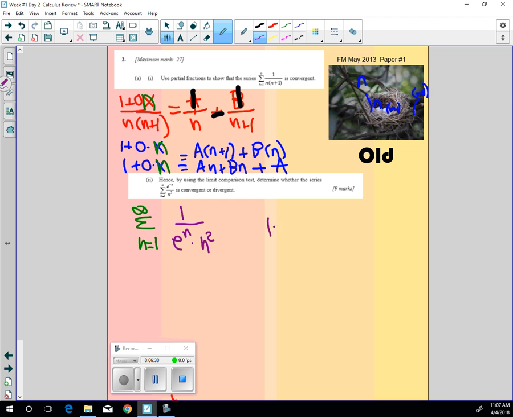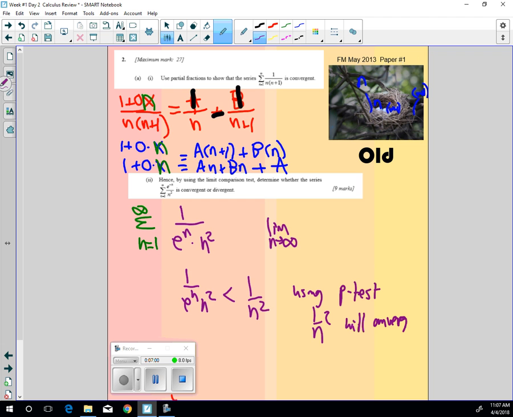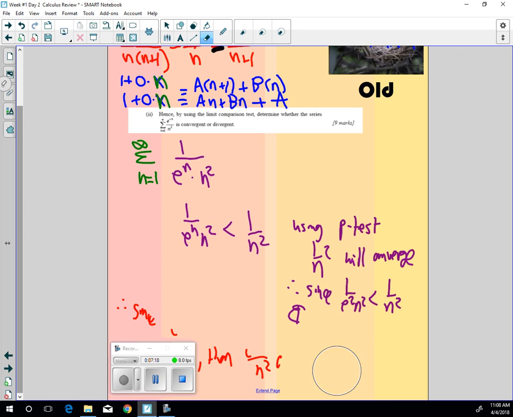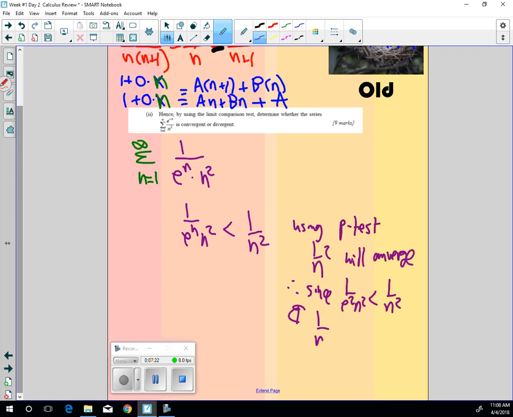Oh, okay. So if we take the limit as n approaches infinity, they set a comparison test. If you want to, you can say that 1 over e to the n times n squared is always going to be less than 1 over n squared. And using, you remember the p-test? The power of n? 1 over n squared will converge. Therefore, since 1 over e to the n times n squared is less than 1 over n squared, and 1 over n squared converges,